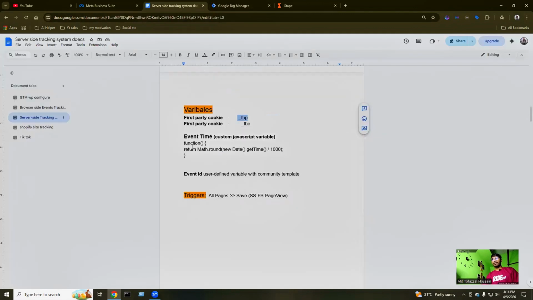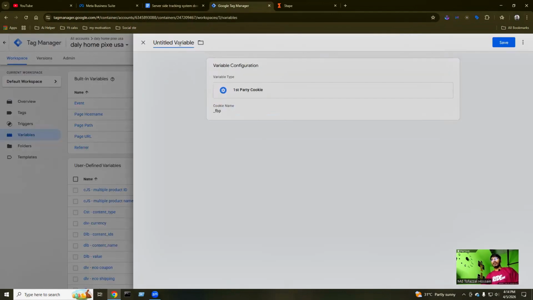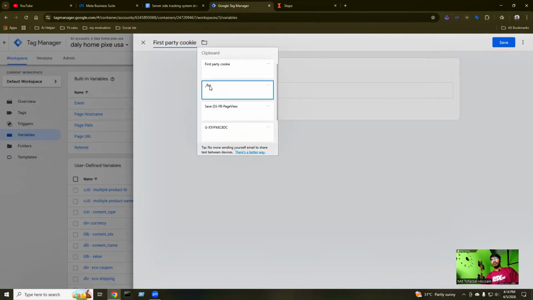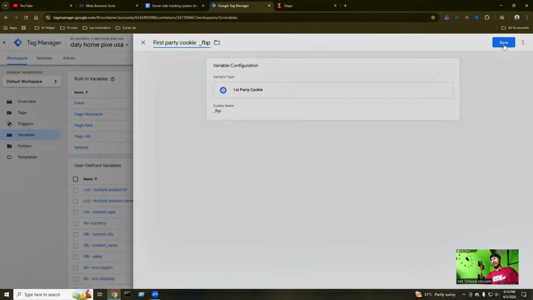Okay, I already have it, so that's why I'm copying this one and pasting it here. First party cookie, FBP, and save,